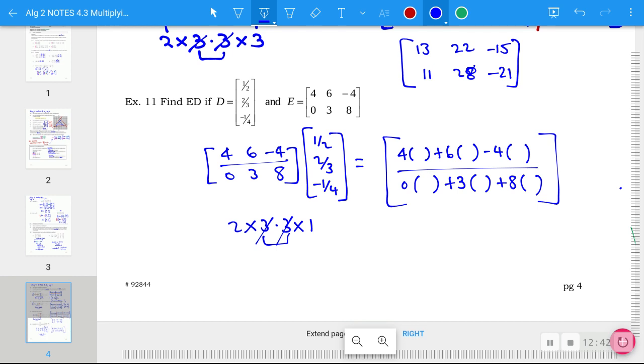And now we fill in the column numbers, 1/2, 2/3, and negative 1/4. Okay, a little calculating here, and you're going to get 7 on top and 0 on bottom. So I'll let you do the calculating yourself, and that ends up giving you a little tiny matrix 7, 0